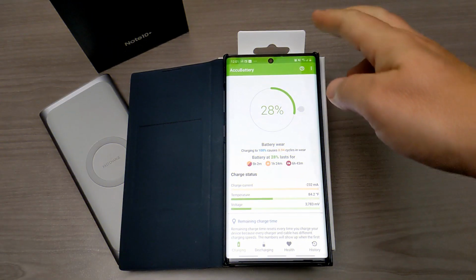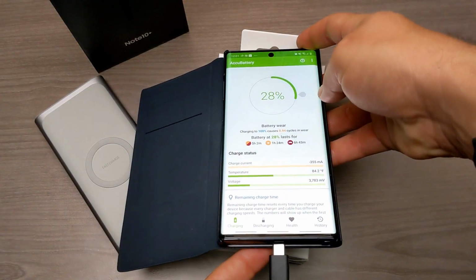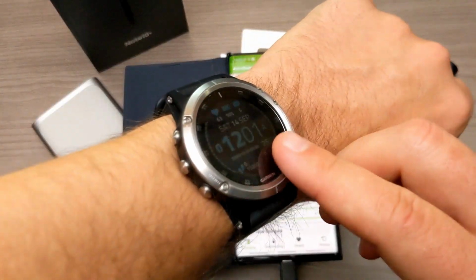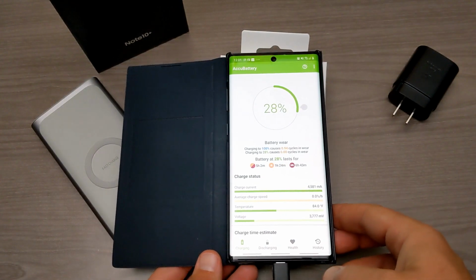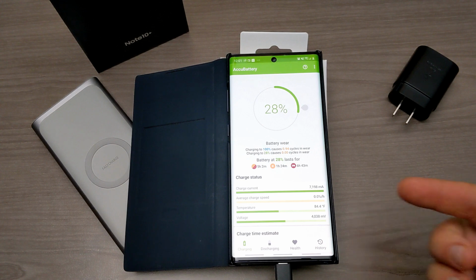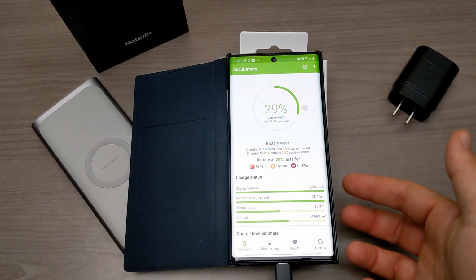Alright, so now I've got the 45 watt charger plugged in. We're going to go ahead and plug in the Type-C cable into the phone, and we're going to let it go for about 30 seconds again. So we're starting at 25, and we'll see what kind of speeds we get here. Alright, so now we've already jumped up to 6,000, 7,500, so definitely faster. There's no question there. I haven't really been paying attention to the temperature, but yeah, we're getting